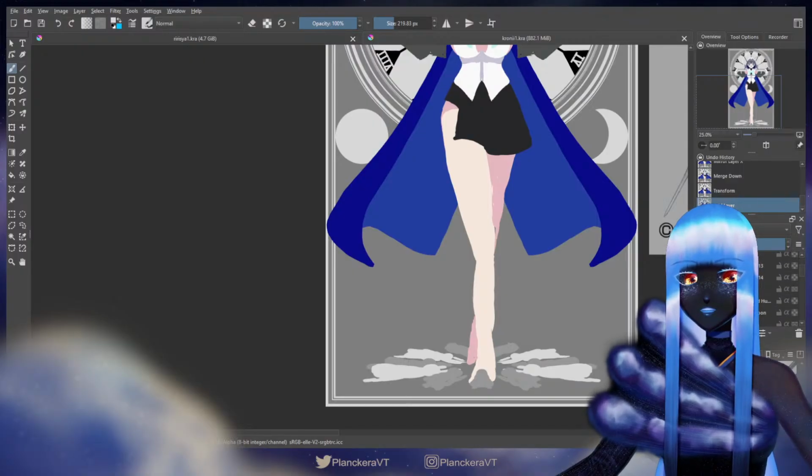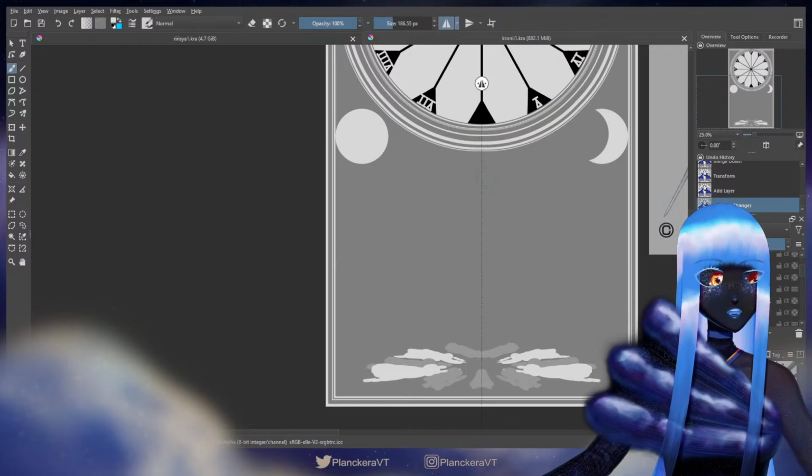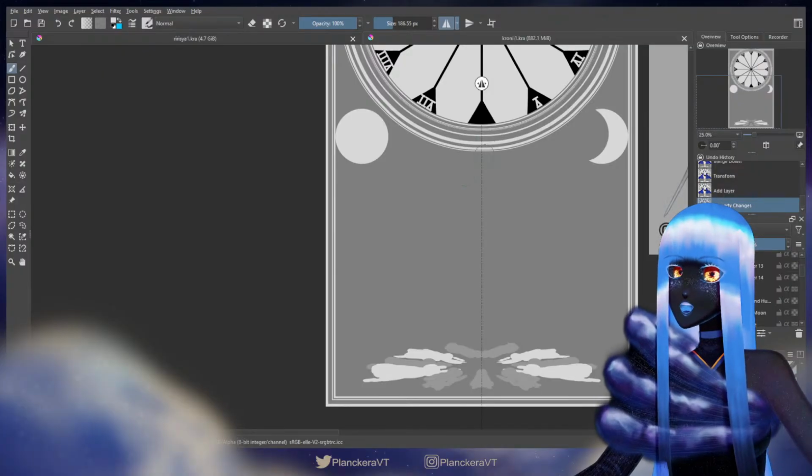Let's hide Kronii for a second. So generally, what I'd do for this kind of pattern is... let me do a quick freehand, just so you can kind of see what's in my brain. Where...